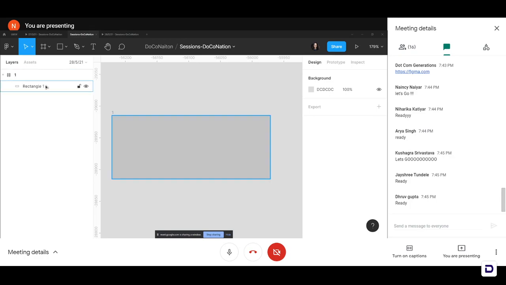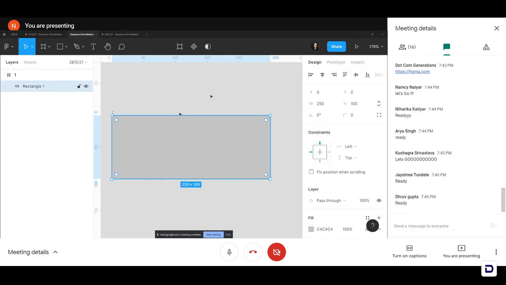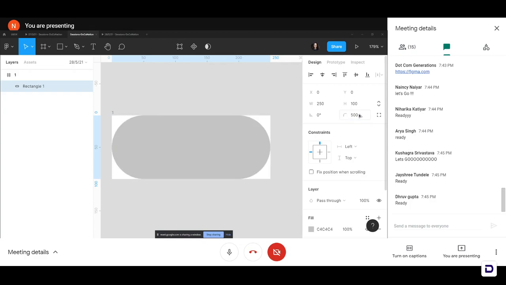So now we're going to select the rectangle from the layers panel, head over to our properties panel on the right side, and you can see a lot of properties here. You can see the X and Y axis positioning and width and height, and you can see this little curved icon. We're going to click on that and maybe change the border radius. This is what is called the border radius or the corner smoothing. So we will change that to maybe 500 to make the borders completely smooth for the button.